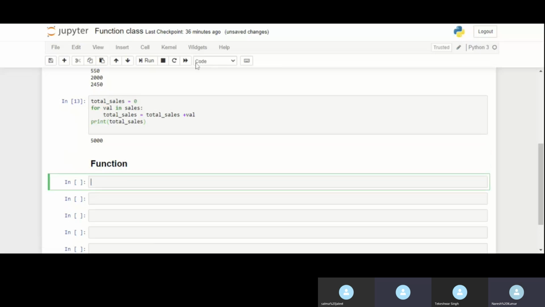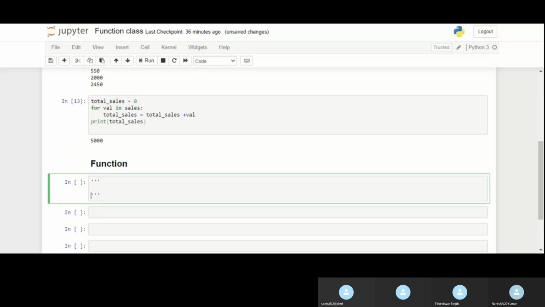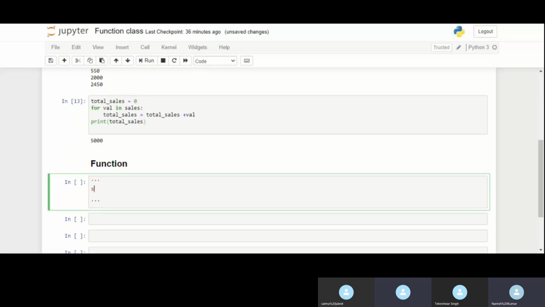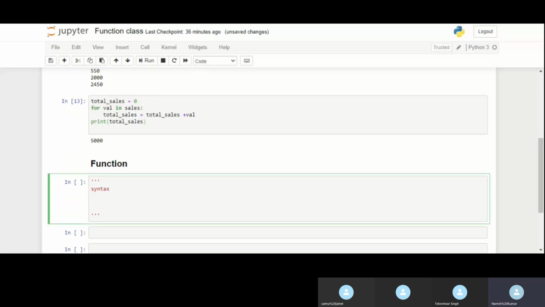Okay, so the syntax of function is like this. Basically, for Python, we have to write def, and then we have to define the parameters, parameter 1, parameter 2.